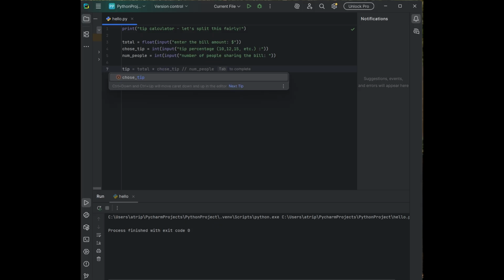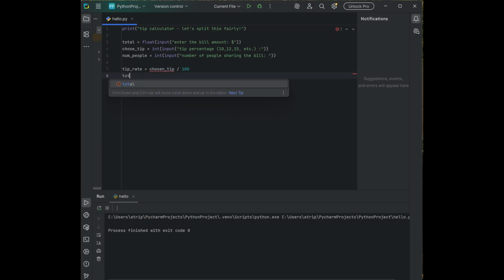So we're going to get the tip rate, which will equal the chosen tip. And because we want this as a decimal to compute this into the cost of the bill, we're going to divide that by 100 to get a decimal. Next, we're going to do the total